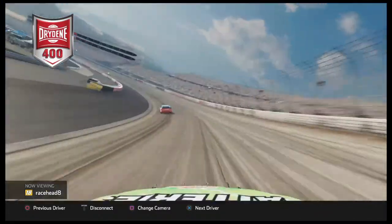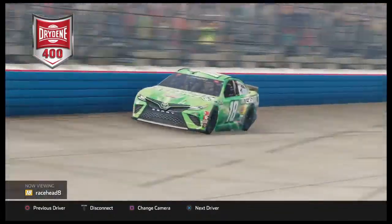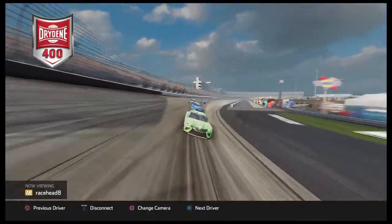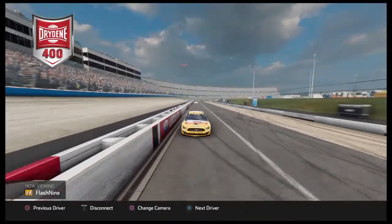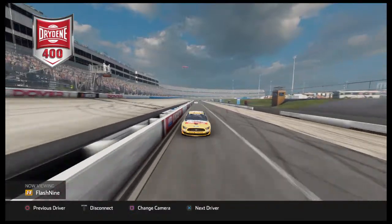Keep in mind, these guys have got to make sure they get down to 35 miles an hour. Also, a yellow flag cannot come out here. First car on pit road is going to be Flash 9 in that 14. Right now, that gives the lead back to the 1 car. And I think right now, a lot of guys have not yet...